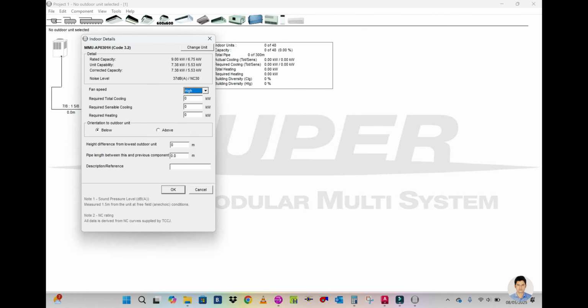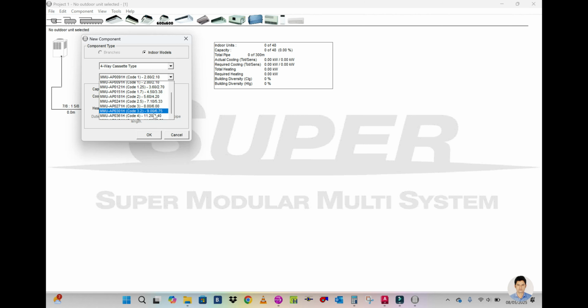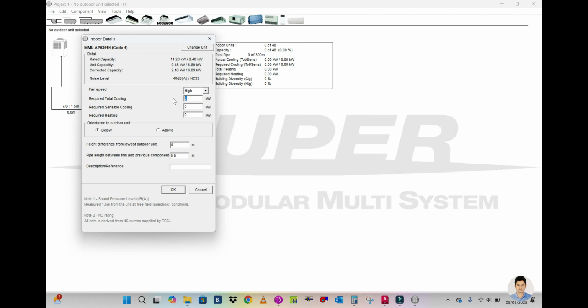Okay, 8.77, still the software is not accepting, so go to the higher one, 11.2 kilowatt, for 8.77. Now you can see the software is selecting this one, and sensible is, let's say, 8